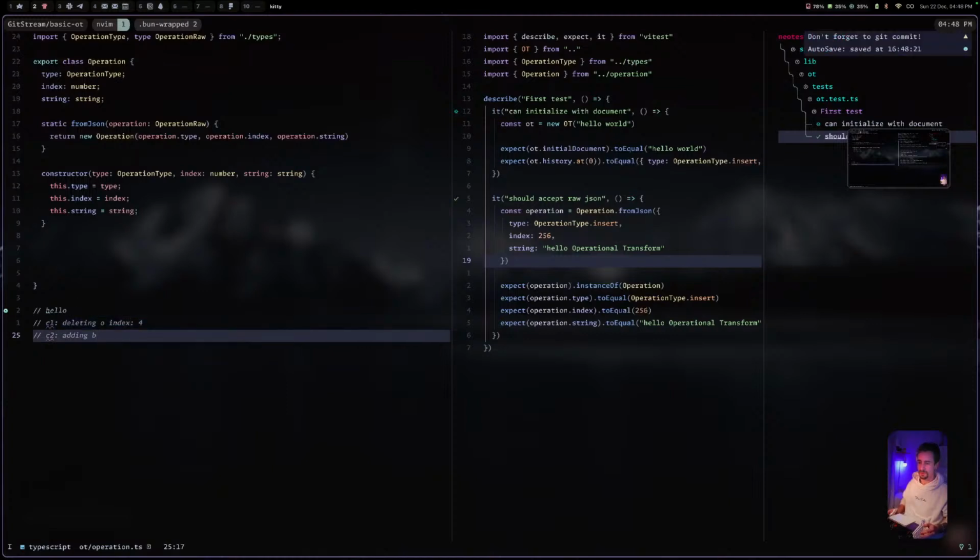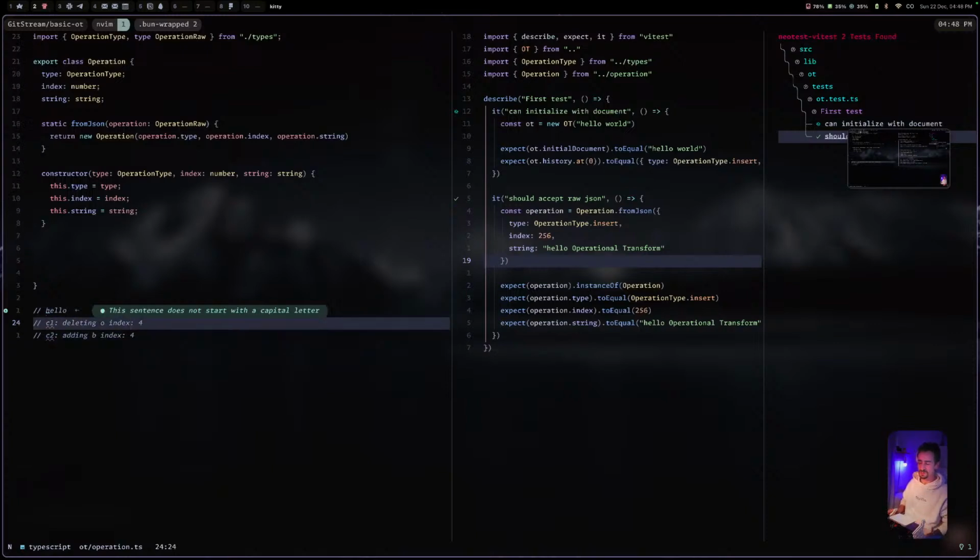Okay, and they both do that at index 4. So in this case, we don't know what to do. And that's where different approaches to conflict resolution come in. For our case, we will be doing a merge resolution approach, where we basically take